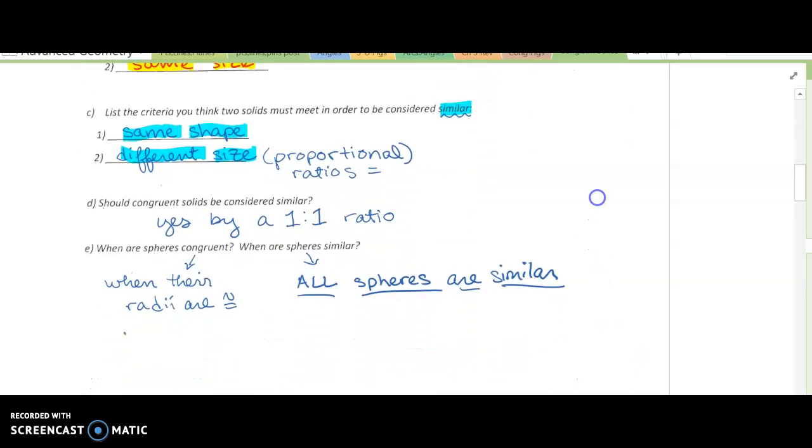Okay, we said yes, congruent solids are always similar at a 1-to-1 ratio. And when are spheres congruent? When their radii are congruent. And then in every other situation, whoa,